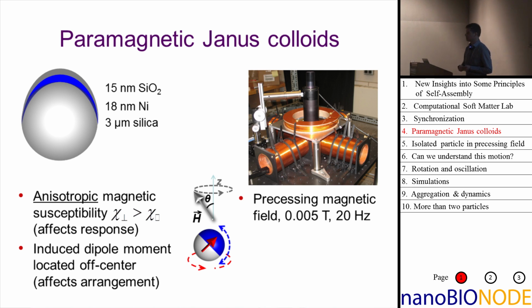Now to make it even more complicated, we then rotate the magnetic field. So then the particle is constantly trying to catch up. And this magnetic field is precessing around what I call here the z-axis, and there's this opening angle theta. That's an important thing to remember, but I'll remind you. So what happens if you do that?